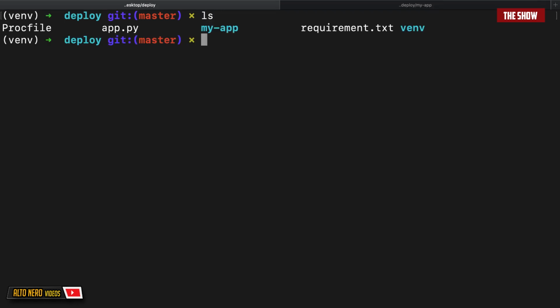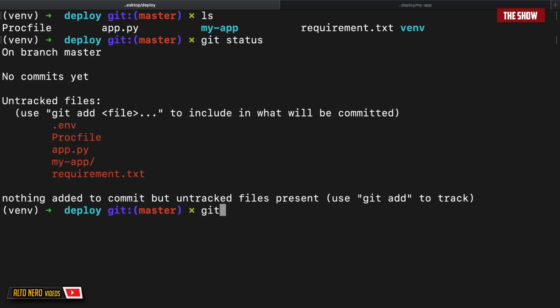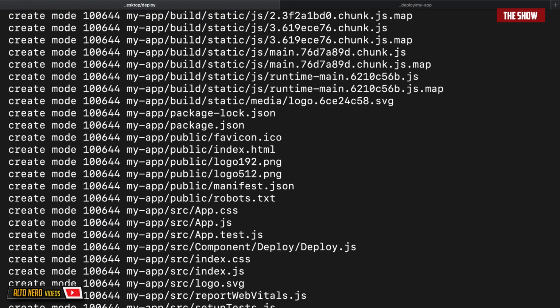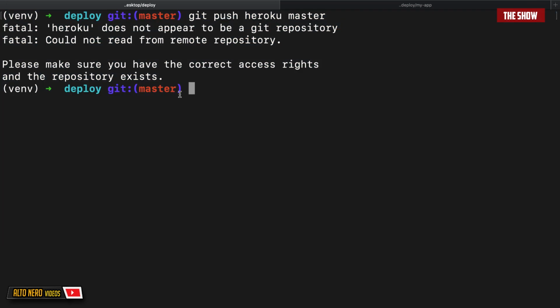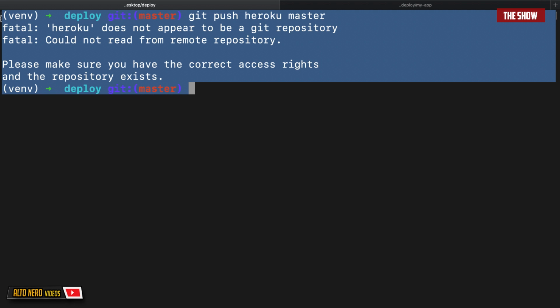So now inside of the root of the application, if I do git status, I can do git add dot, okay, and I can say git commit Flask React Heroku, like so. Then I'll say git push heroku master. As you can see, I'm having this error, and this is because I should have done git init before creating the repository on Heroku. So what I'm going to do is to go to Heroku,